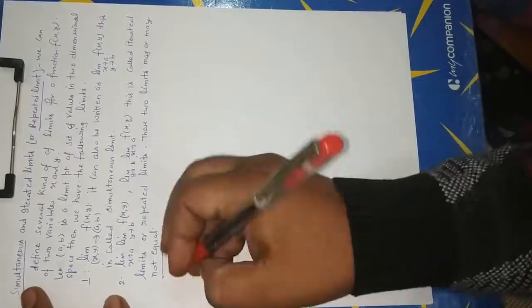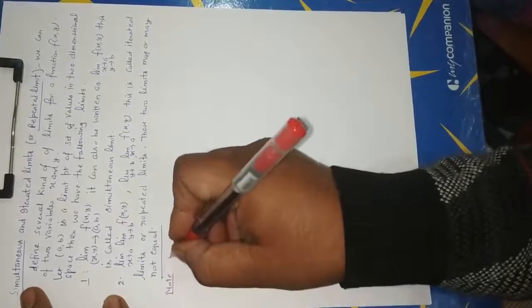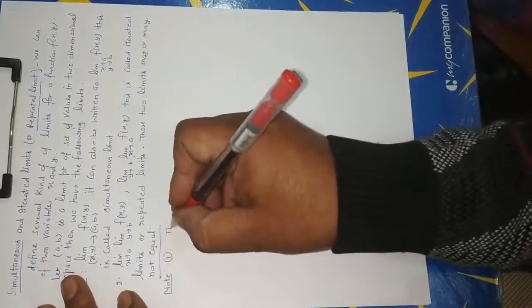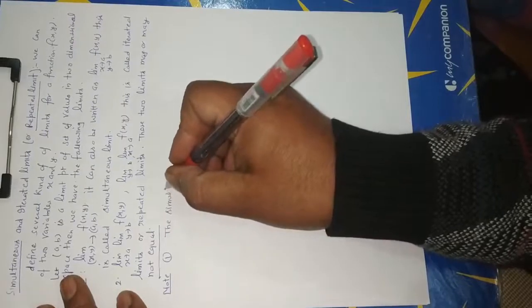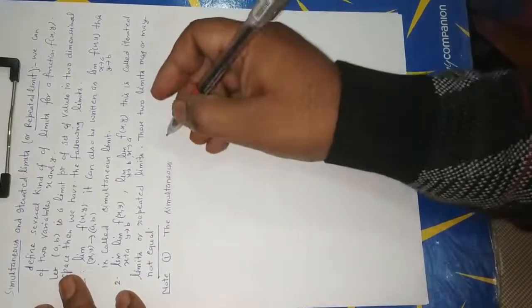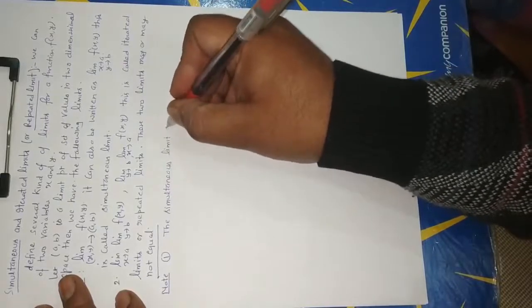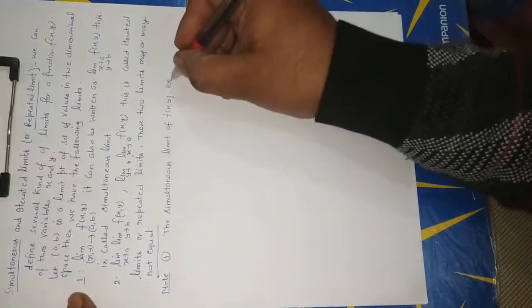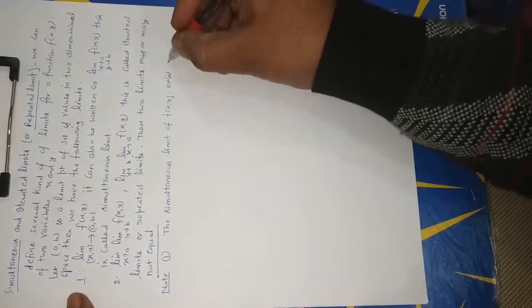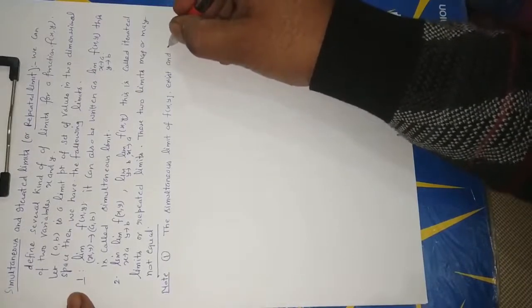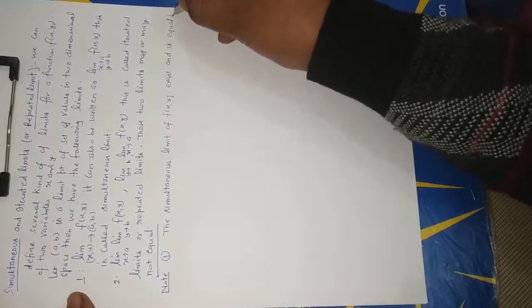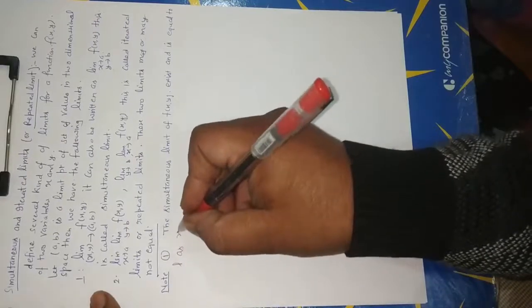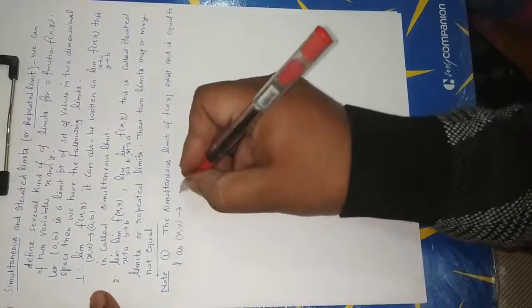Now, here's the first note. The simultaneous limit of function f(x,y) exists and is equal to L as (x, y) tends to (a, b)